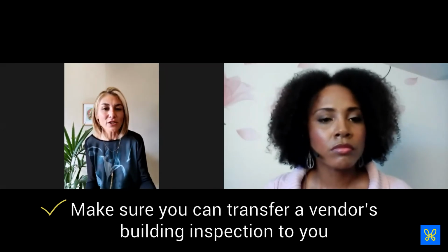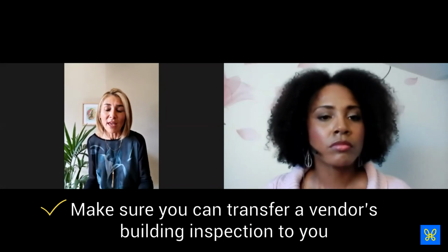It's very minute. And just on the topic of building inspections, another thing to bear in mind is that when a vendor has initiated a building inspection, as a purchaser, if you are serious about putting an offer in, I would always recommend contacting the building inspection company and asking, would I be able to transfer the building inspection over into my name if I'm successful in this offer? They may charge a fee, but it just means that you then are in a contract with that building inspection company,